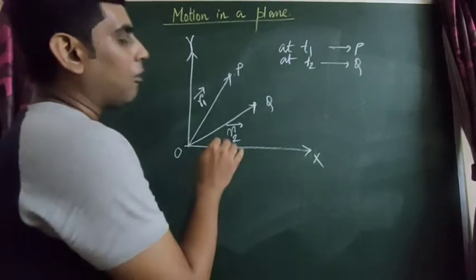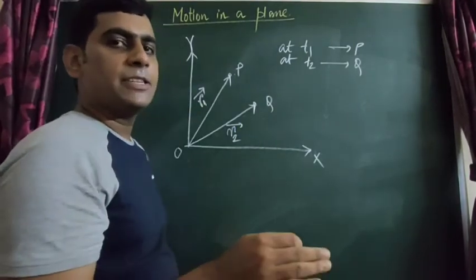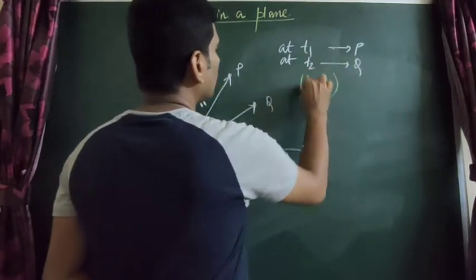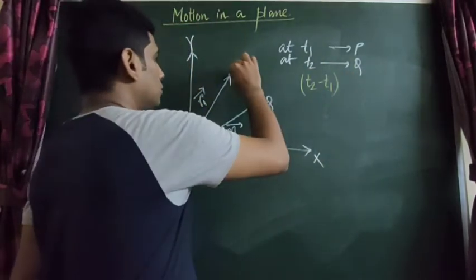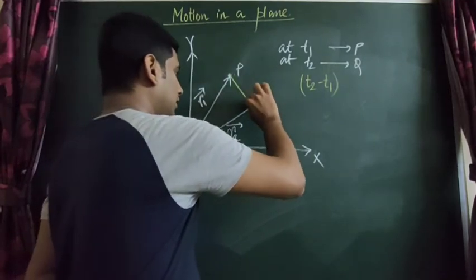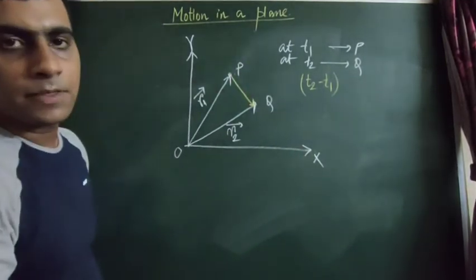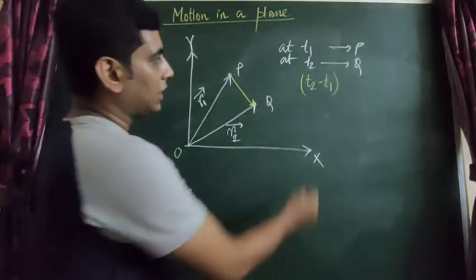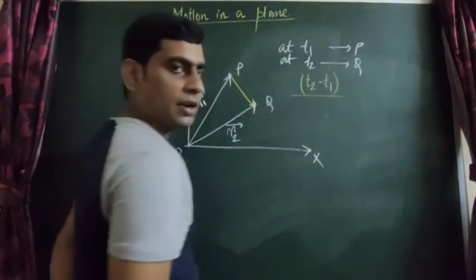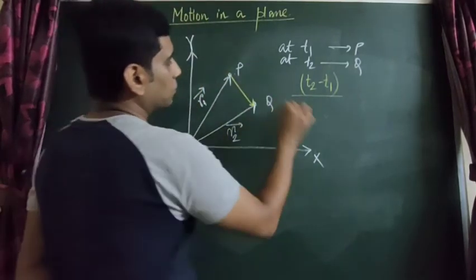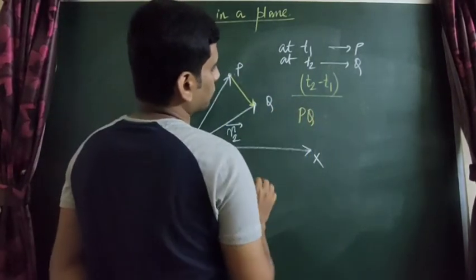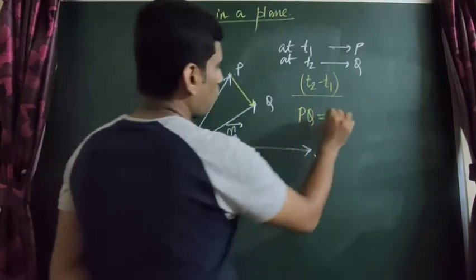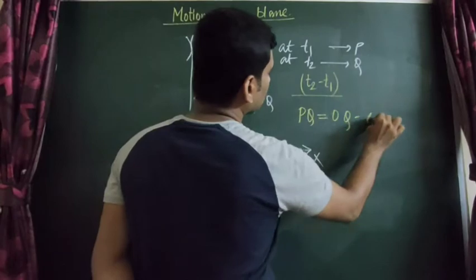Now, how much did the body get displaced in the time interval t2 minus t1? How much did it get displaced? This is the displacement of the particle from point P to point Q in the time interval t2 minus t1. So this PQ can be written as OQ minus OP